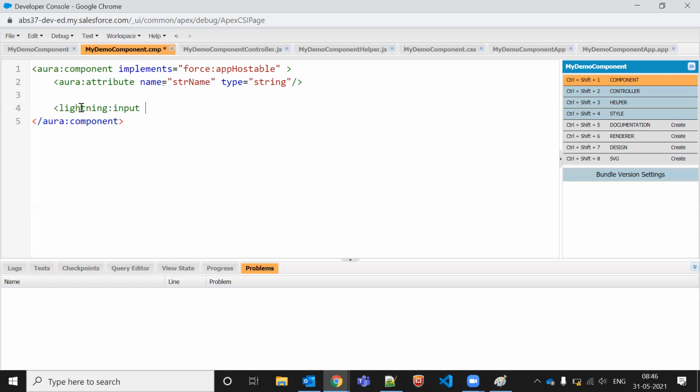So if you're using lightning input, and you're passing some value, let's say whatever str I'm passing here, and by default I'm passing here I am achieved. Now in lightning input, I'm using value.